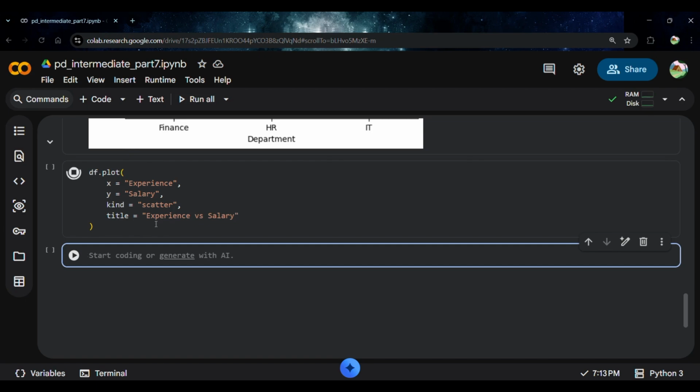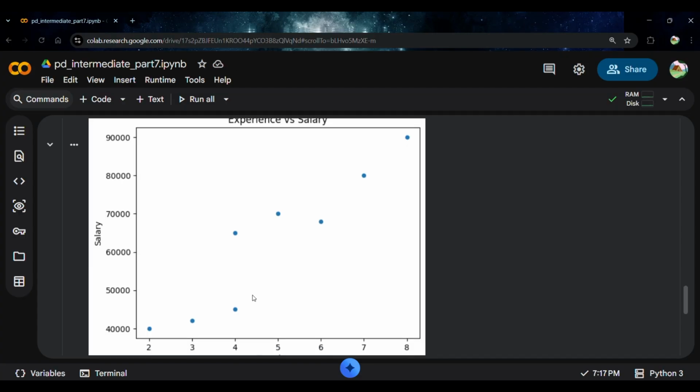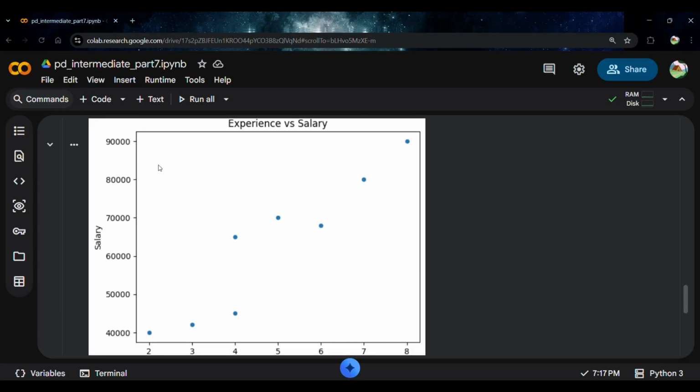Scatter plots are more about relationships, not totals. Okay, we are not looking for exact points. We are looking for trends, how trends are changing. As experience increases, salary generally increases. So when it's 1, 2, 3, and when the experience is 8, it's almost the highest. So as we see, when experience is increasing, the salary generally increases, but not perfectly. That tells us experience matters, but it's not the only factor. Okay, experience is a matter of higher salary, but skills also matter. Okay,